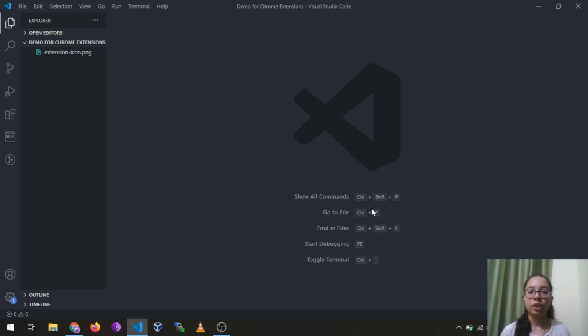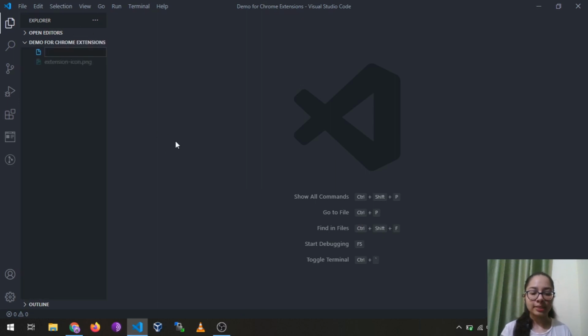That is why they are not dependent on the Chrome browser, and they can easily be downloaded and installed on your Chrome browser. Chrome extensions are distributed through the Chrome Developer Dashboard and are published to the Chrome Web Store, so you can easily download, install and use them. This was the basic introduction about Chrome extensions, and let's make one.